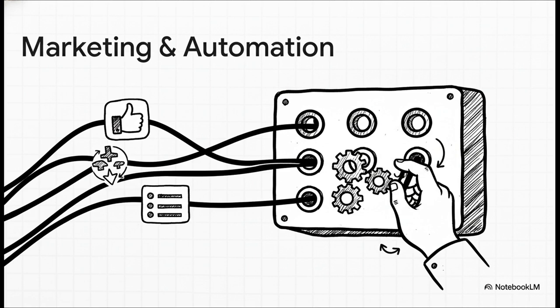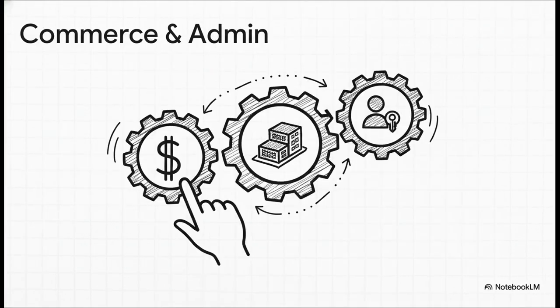You can even turn off those routine product updates if you'd rather just catch up on those later. And last but not least, we have the commerce and admin alerts. This is all the operational stuff, right? Things like payment statuses, important CRM events like a new app install, or admin requests. And look, a lot of this stuff is crucial, but you still get to decide which ones are important enough